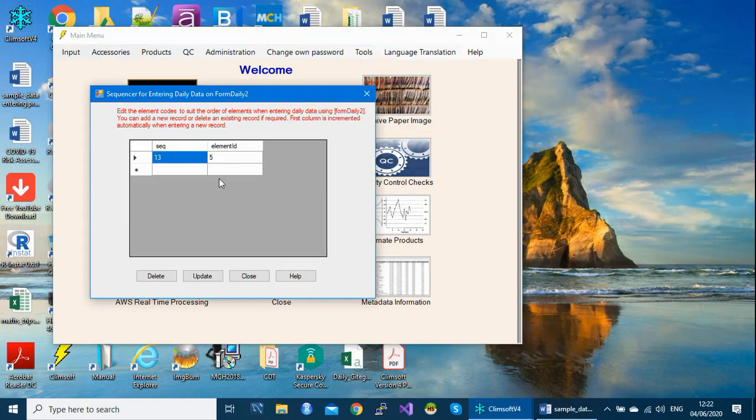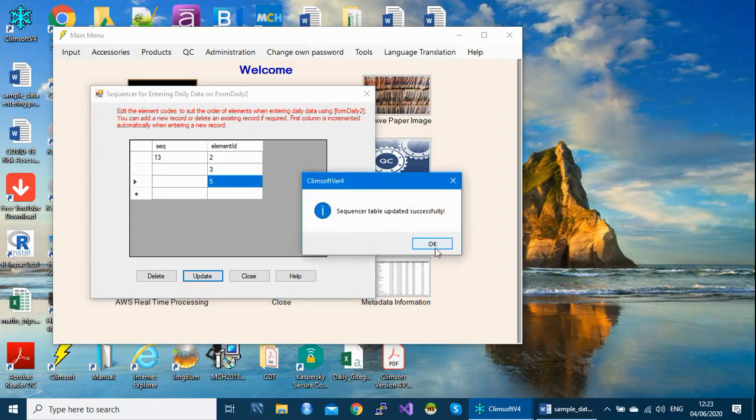Let's say you have maximum temperature, then minimum, and then precipitation. Then update. So it starts with maximum temperature, then minimum, then precipitation. After precipitation, you go back to maximum, minimum, precipitation, and so on. So that's the loop, a kind of order.